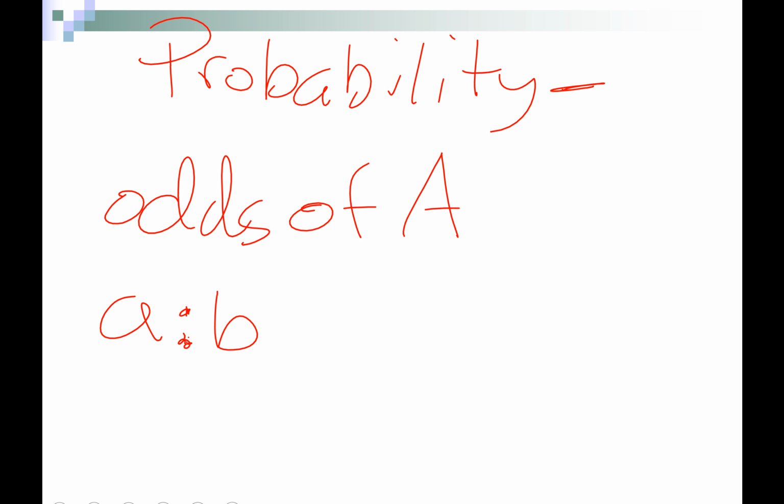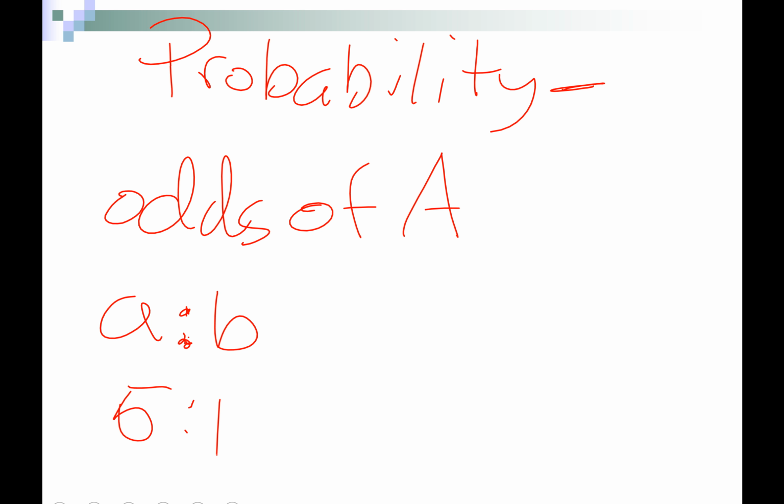Okay, so if the odds of A happening, and usually in sporting events they give the odds against something happening. So if they said 5-1 for the Eagles, usually they're saying the odds against the Eagles are 5-1, which means they're heavily unfavored. So if we had 5-1 here,